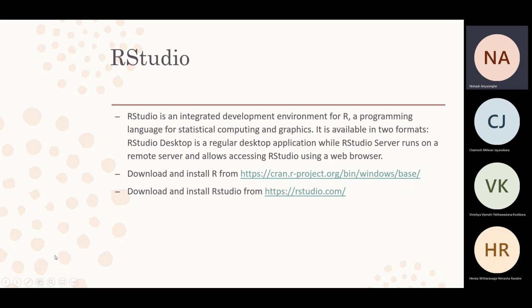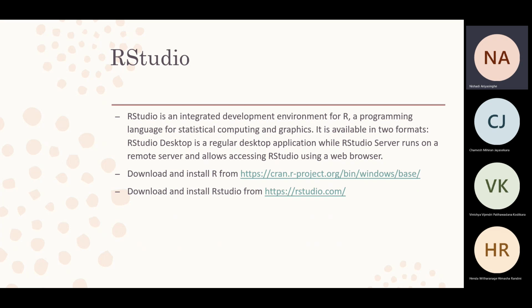But it is better if you can download and install R on your machine. It is not a very large application; it does not take a lot of capacity on your machine. First of all, you have to install R, the programming language. Here is the link I have provided for Windows. You have to download from this link.